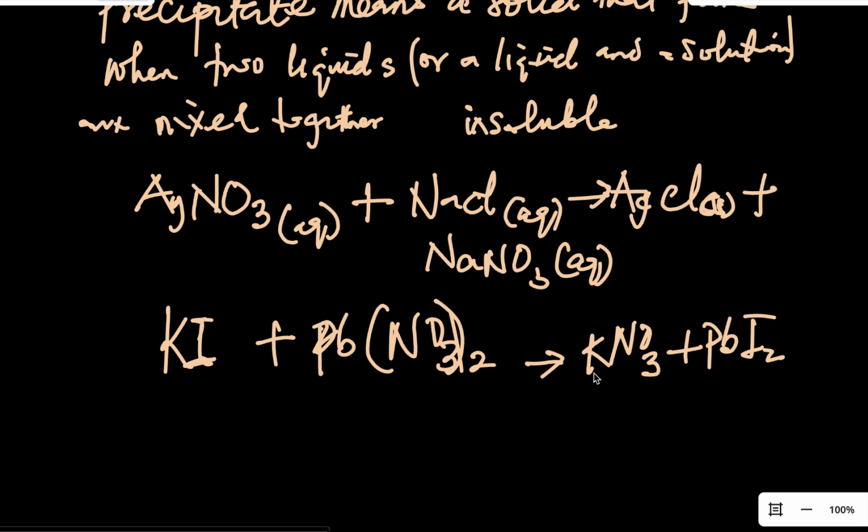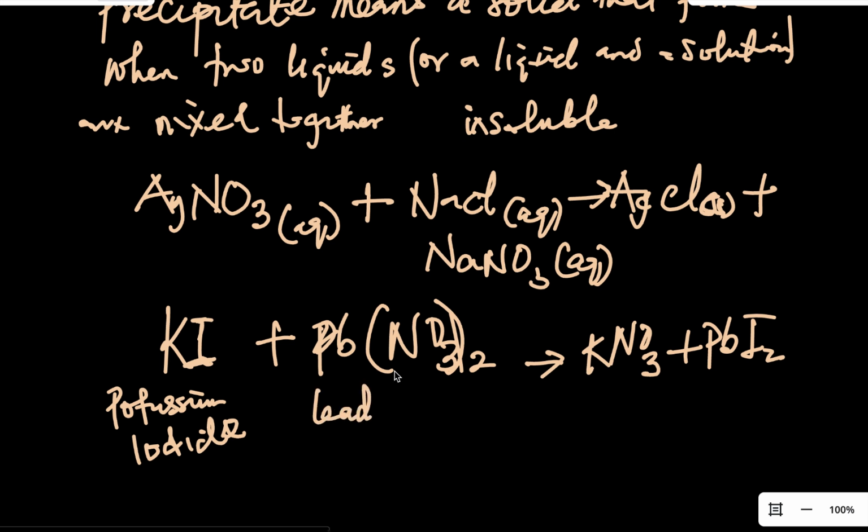I think some of you want me to write these things out. Let me just write it down. This one is potassium iodide. Did I spell it correctly? I don't think so. Let me make the correct spelling. Iodide. That's iodide. This is correct now. So potassium iodide plus this one is the